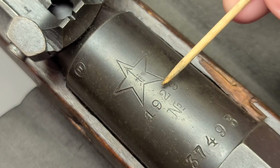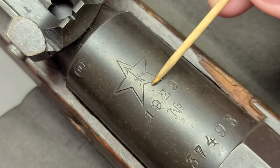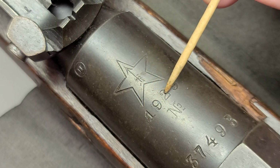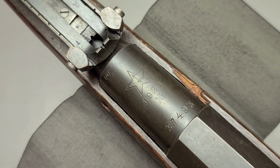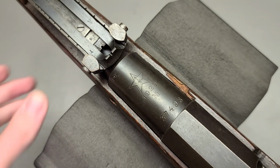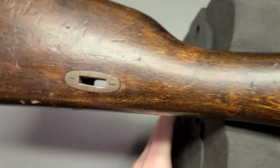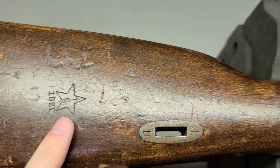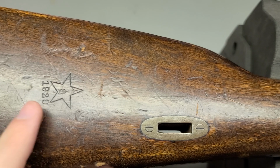Remember I said there's a couple variants you can find of this marking, okay? Now, first of all, you can actually find this marking in a different place sometimes. Now, this won't always be the case because it's on the wood, and a lot of times it can be worn off. But let me turn this rifle around here so I can show you guys something cool. All right, see right here? That's right, they put the same stamp with the year, and notice it's the same font, which is pretty cool,